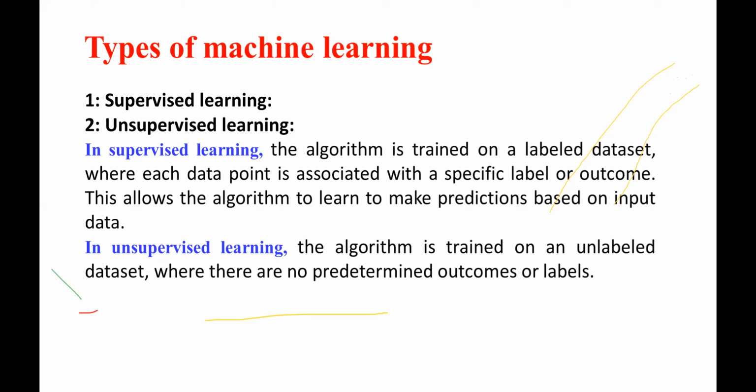But in the unsupervised, you have an unlabeled data set, there's no predefined outcome or label. If we give your machine a specific type of algorithm and formula, you can easily build a model, but that model is an unsupervised model. And if you use supervised or labeled data sets, you will build your own supervised learning based model.